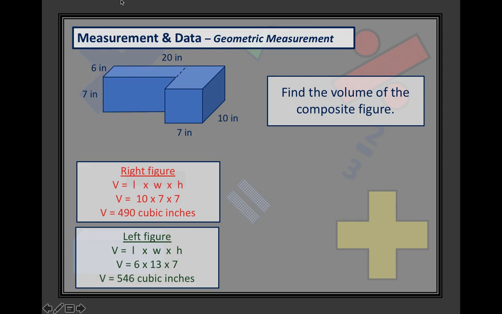The left figure has a length of 6, that's clearly labeled. It has a width of 13. Now that's not labeled, so we're going to talk about where that number came from in just a minute. But it does have a clear height labeled at 7 inches. So the 6 and the 7, like I said, are clearly labeled, but let's talk about where that 13 came